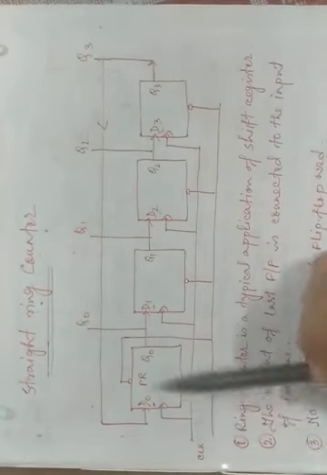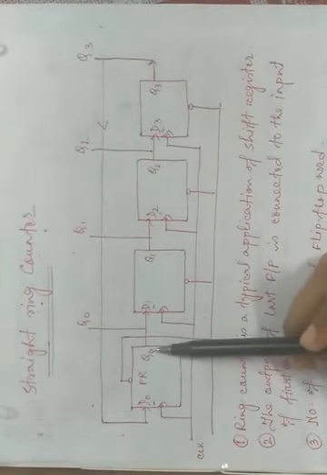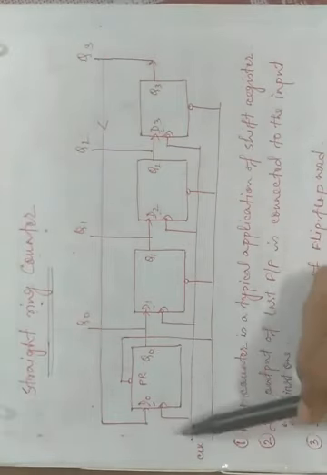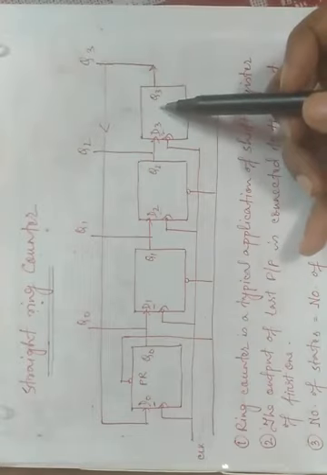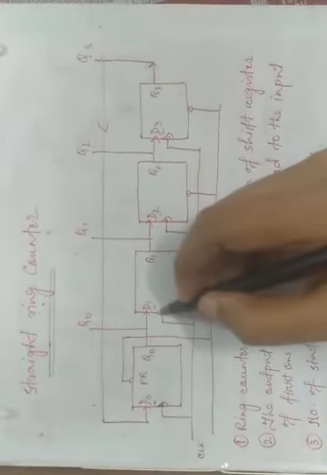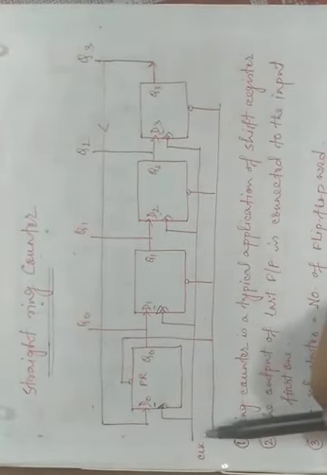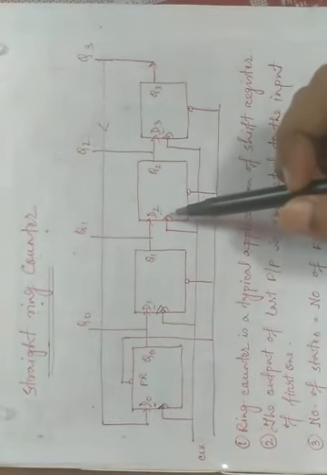Here we have used D flip-flop. D flip-flop means whatever input we get, appears in the output for every rising or positive edge triggering, or negative edge triggering, on applying the clock pulse. That's why we use D flip-flop here. Now you see every flip-flop is connected with negative edge trigger. That means at the falling edge of the clock pulse the flip-flops will get activated.